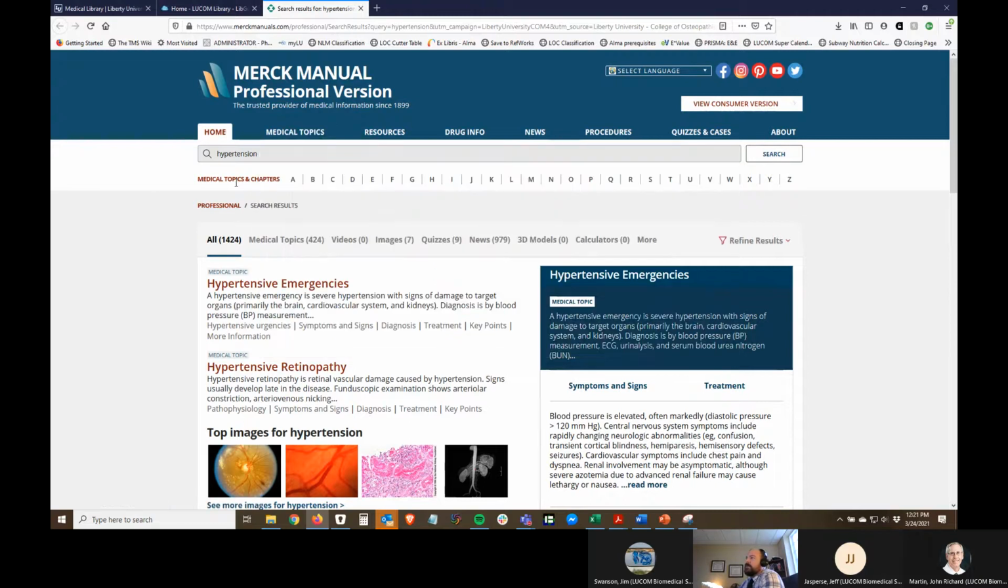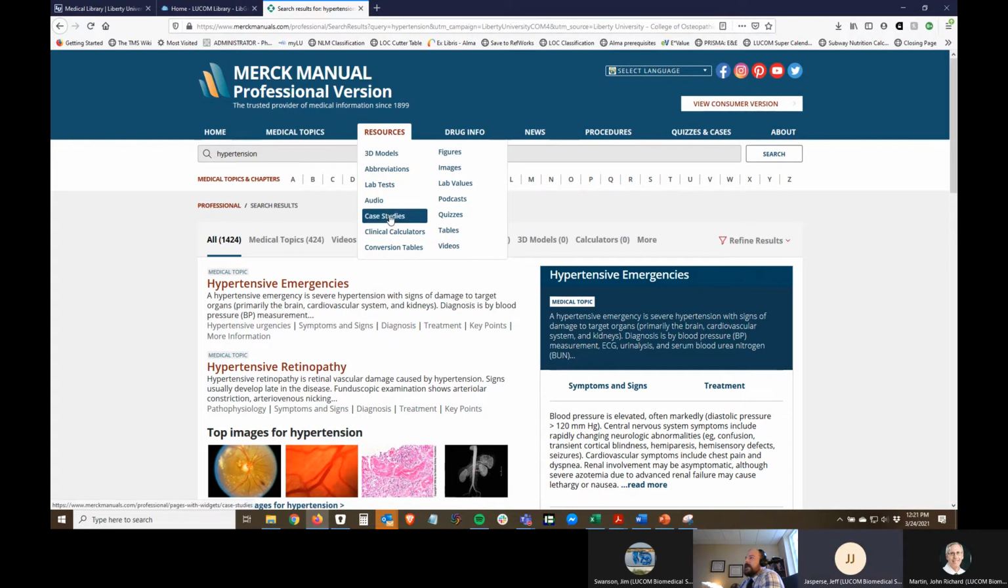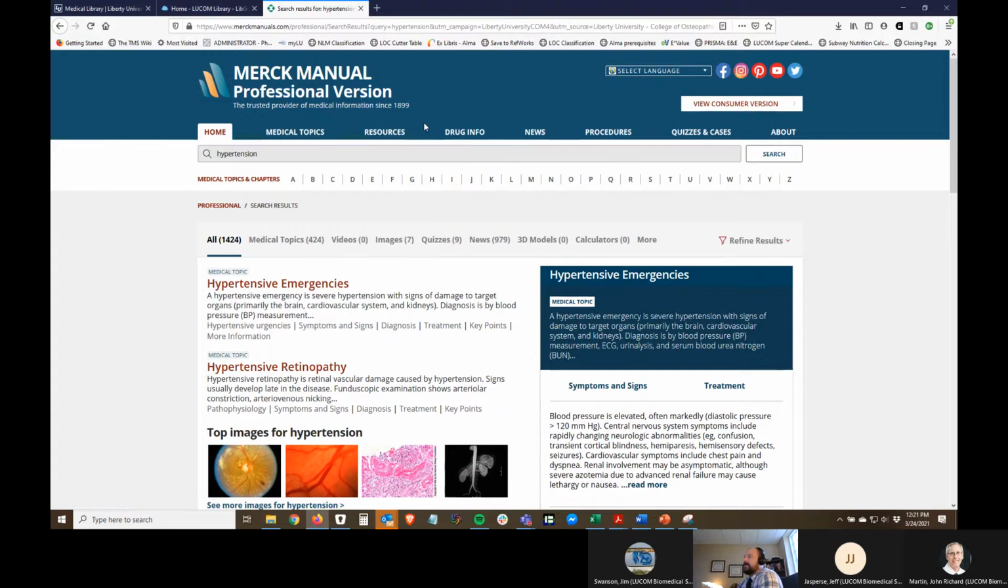So if we don't know what we want to search for, we want to browse. There's resources available, 3D models, audio, case studies I mentioned, or if students wanted to study this. There's all kinds of quizzes and tables, clinical calculators. Some of this might overlap with some resources we have access to, like the Diagnosaurus that we have access to through McGraw-Hill. But again, for a free resource, I'm kind of blown away by all that's available in just this